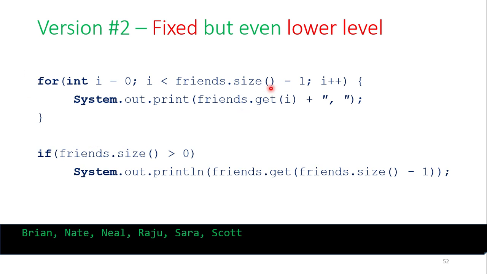So we stopped at friends.size() - 1, right? So we didn't display the last element of the list. Well, if the list was not empty, we are going to display that last element here, but again, we need to compute its index. Maybe we are going to be off by one here, we are going to forget to do -1, stuff like that. We can create a runtime exception. Okay, we reopen the door to all of the bugs we have been discussing before,